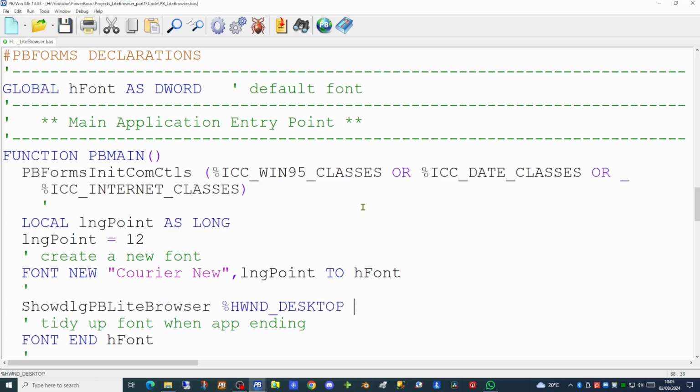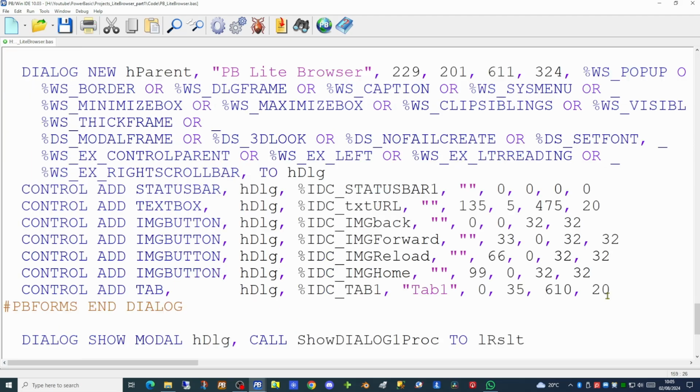So let's now go and have a look at the function which is going to display our browser to the user. So here we have the function which is going to create and display our browser. We've placed a piece of text, PB Lite Browser, in the title of our dialog. And our dialog has all the properties to allow the user to both maximize it, minimize it, and resize it. We've added the status bar, a text box to allow the user to key in a URL, and we have